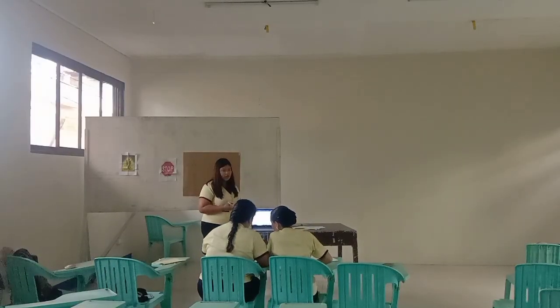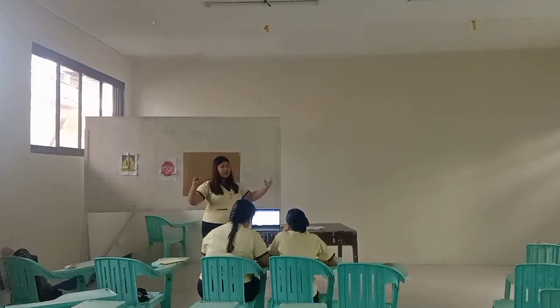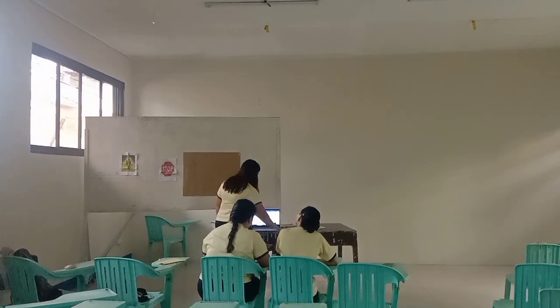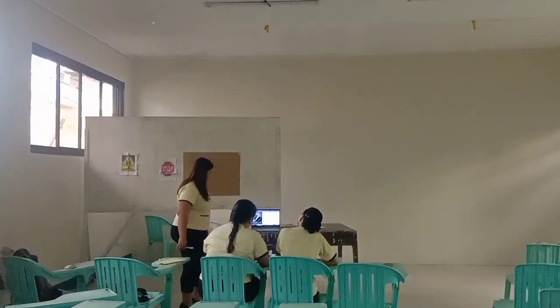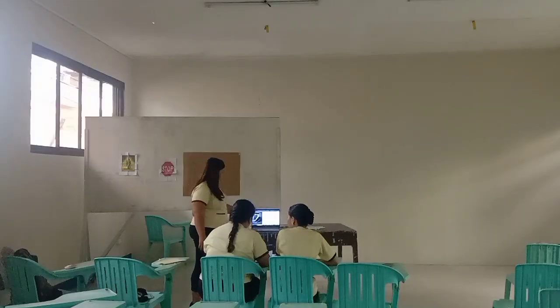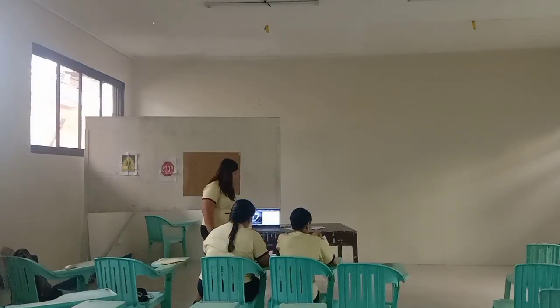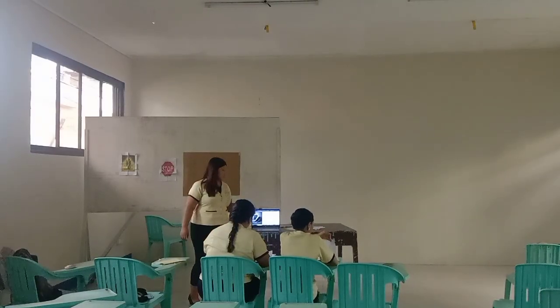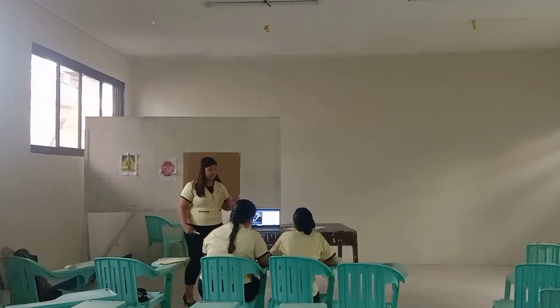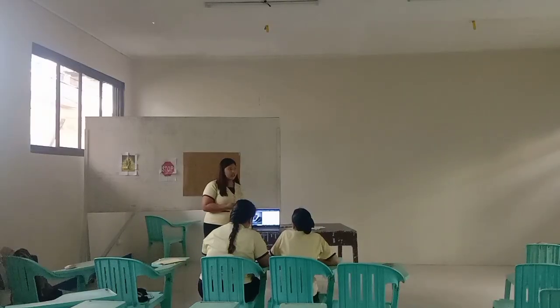So we're done discussing regular polygons. Now let's move on to irregular polygons. When we say irregular polygon, what comes into your mind? Yes, Ms. Amanda. It doesn't have the same size. Yes, you're right. So irregular polygons have unequal sides, varying angles, and limited symmetry. Since irregular polygons do not have the same angles and sides, their symmetry really varies depending on what it looks like. So let's proceed.